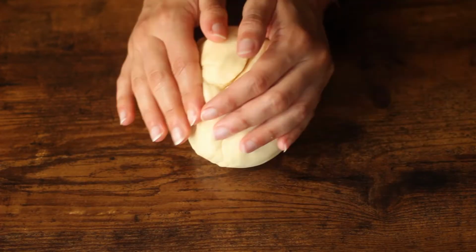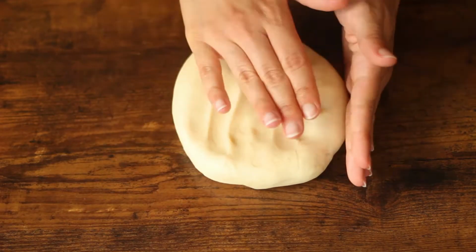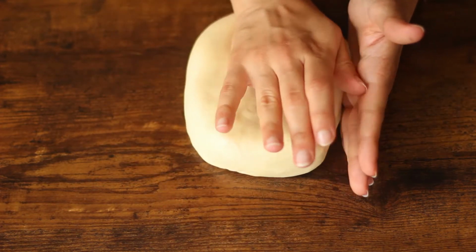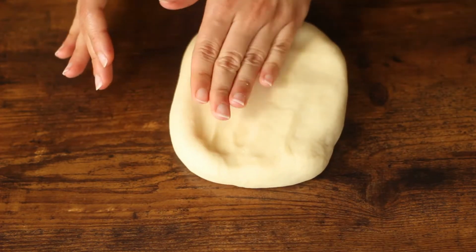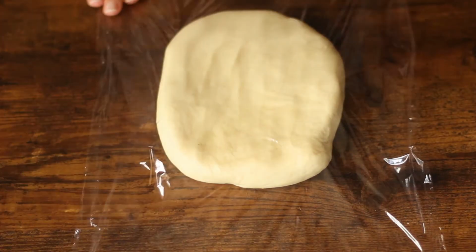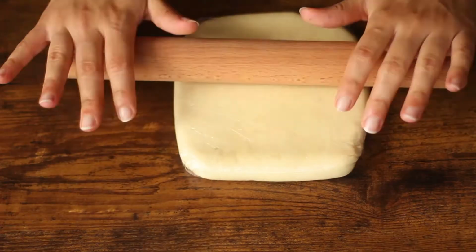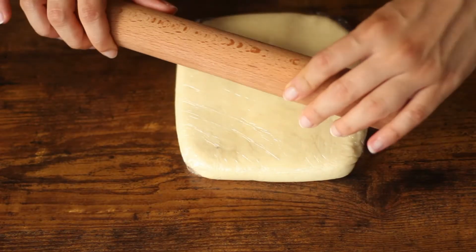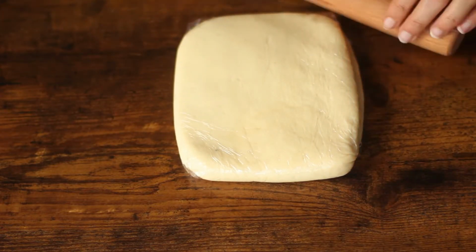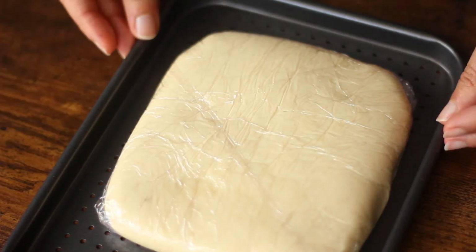then just roll it with your hands on the work surface. The next step is actually going to help us for the following part, and that means that you want to shape the dough into a sort of square or rectangle with your hands. Then simply cover it with some cling wrap and keep adjusting the edges. If you have a rolling pin, just use it a bit to even out the edges and enhance the square or rectangular shape. And then simply place it on a tray or a plate and let it rest in the